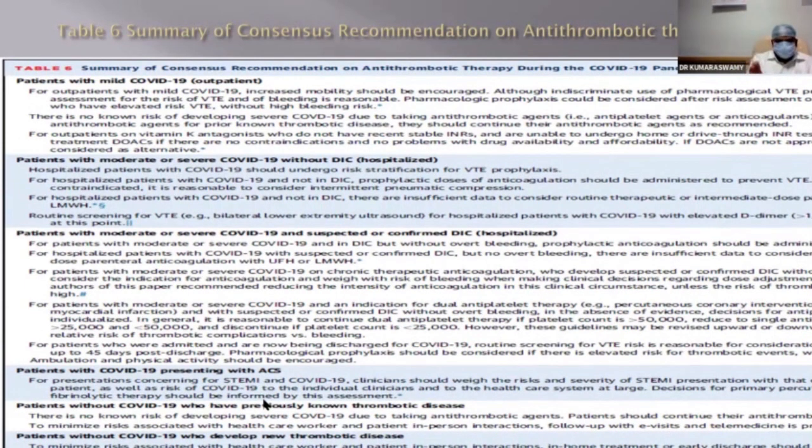You can prefer an antiplatelet with fewer bleeding complications, like clopidogrel. You can continue a low dose of clopidogrel. But usually, if it is not indicated, you should avoid antiplatelet. In those who have undergone angioplasty or had a previous MI, if you are giving antiplatelet, you should look at the platelet count. If it is more than 50,000, you can continue dual antiplatelet. If it is 50,000 to 25,000, single antiplatelet. Less than 25,000, you should stop the antiplatelet, because there is a risk of bleeding complications in those cases.